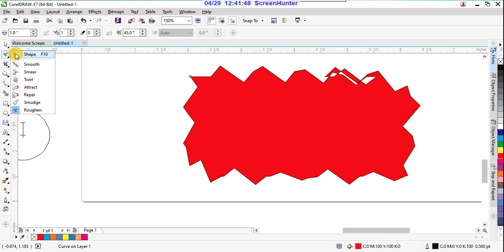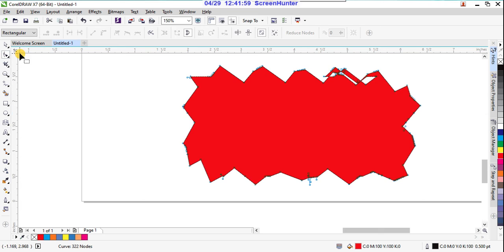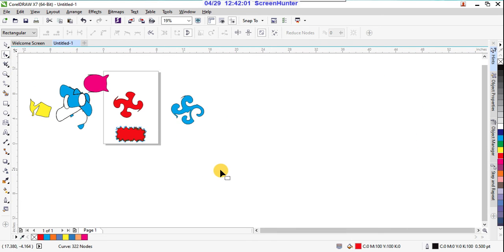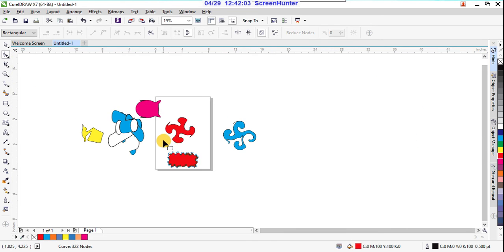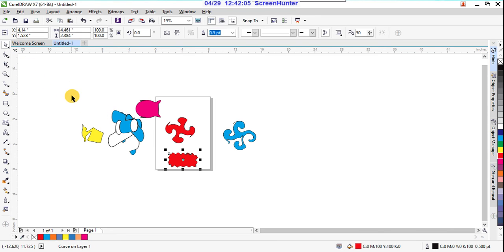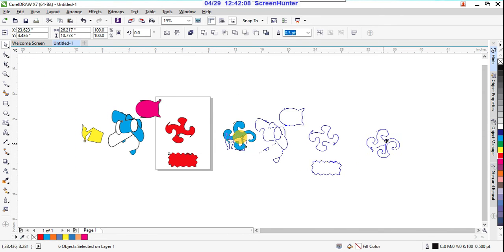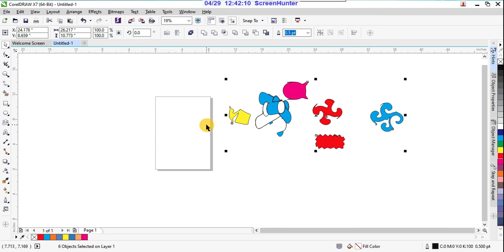So in this category, smooth, smear, twirl, attract, repel, smudge, roughen, sometimes we use to get shapes in an easy way. Yes, you select all these things and move this side, other side.